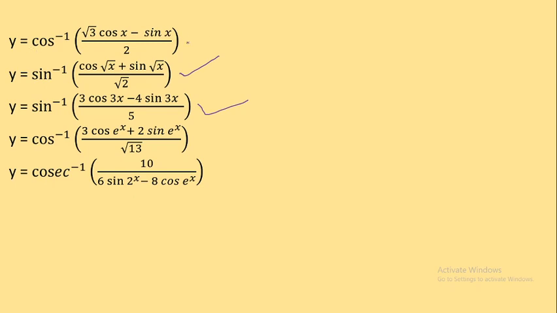Look at this sum, the first one and the fourth one. You have cos inverse outside. So what you will do is make the cos formula. I told you at the beginning of the lecture that for cos you have to remember this trick: the first and second terms are the same, like cos cos and sin sin. So here you have to make cos. Root 3 upon 2 is to be made cos alpha, and 1 upon 2 will be sin alpha.